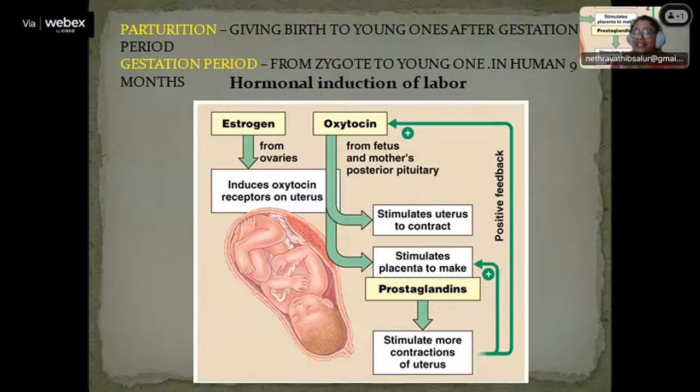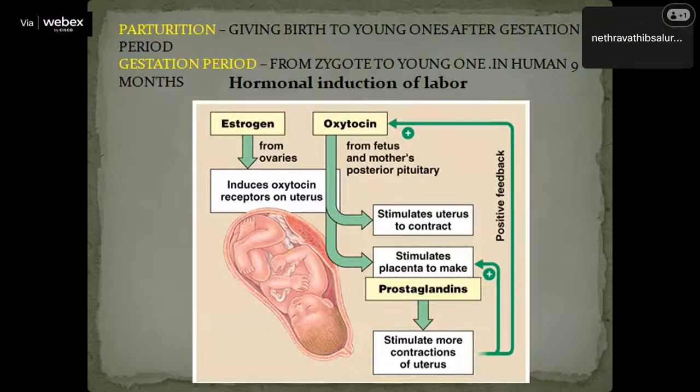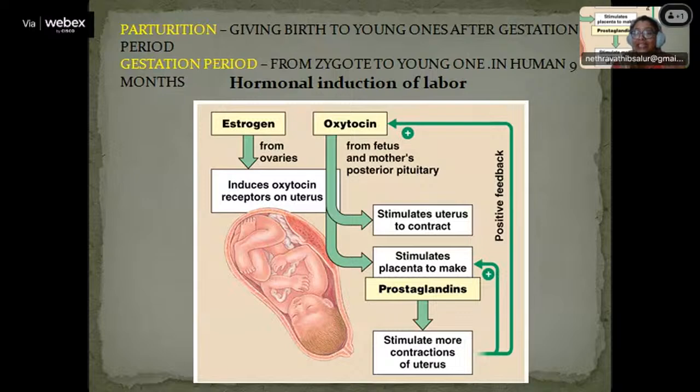Let us understand how the parturition process takes place, how the mother is going to deliver her child. So here you have a very simple cycle which tells us how it happens. The first step should be the fetal ejection reflex. Now, what is this fetal ejection reflex? The fetus will try to push,